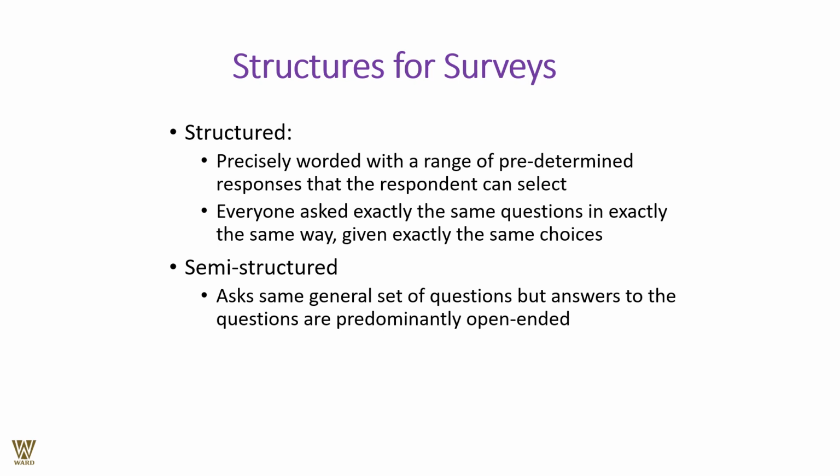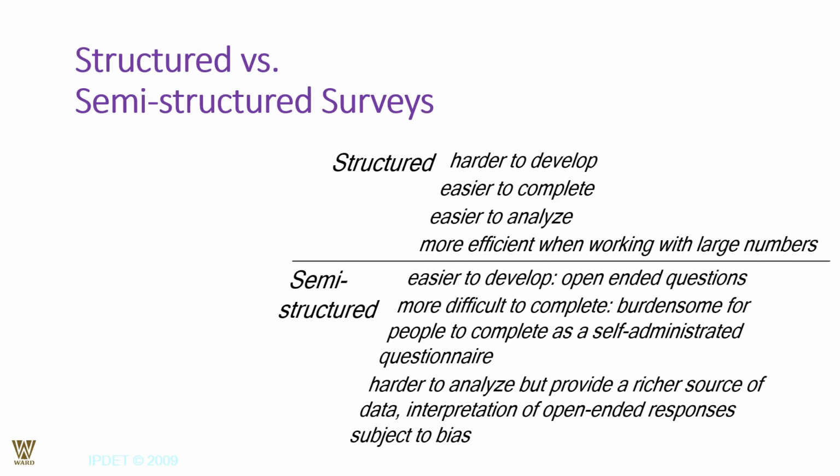Surveys can be structured or semi-structured. In structured, the questions are precisely worded with a range of predetermined responses. You can also give the responses in the sense that you were happy, but not to a certain extent, or you were happy and were ecstatic about it. So everyone is asked the same question in the same way, and they need to give their choices, the answers thereby. Semi-structured surveys ask the same general set of questions, but this time let the answers be open-ended. This time let the respondent frame their own answers, whether they were ecstatic, whether they are happy, whether they were okay with the responses or the situation.